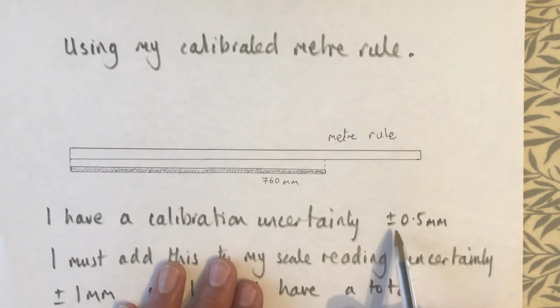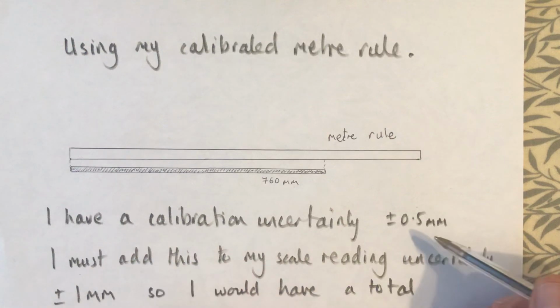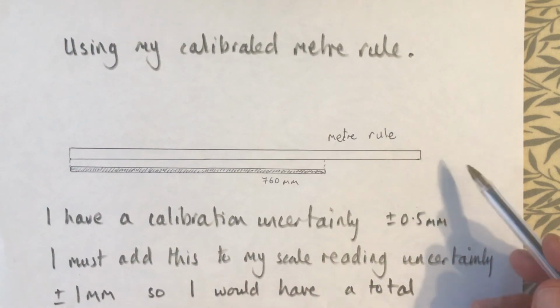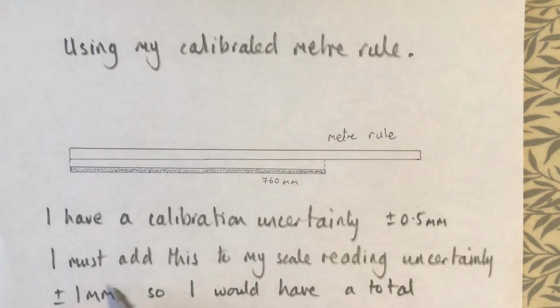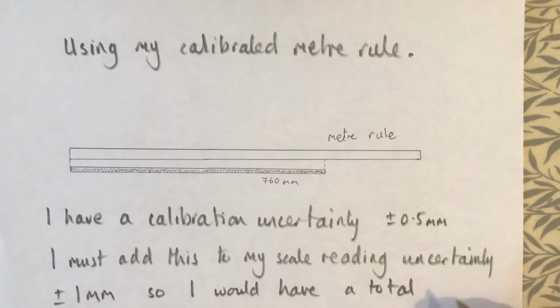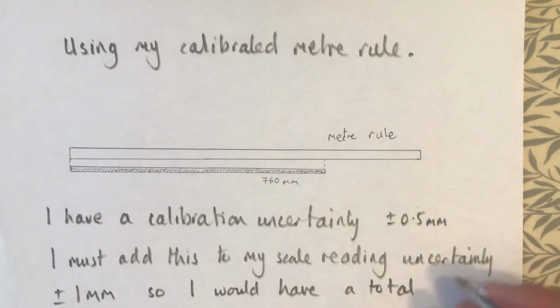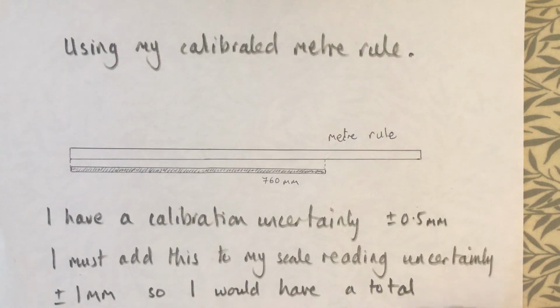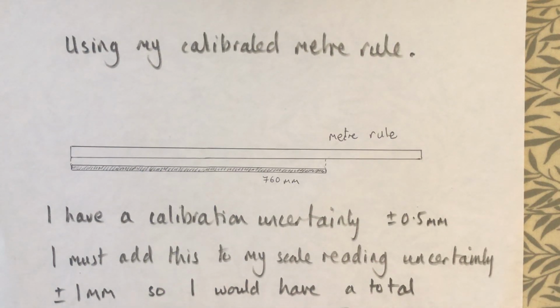I've got a calibration uncertainty of plus or minus half a millimeter. And you might think, well, I should add this to my scale reading uncertainty. And I probably should, but we generally don't just add them in a straightforward way. So you might think, oh, they're just going to add up, and then I'm just going to round it. And then, well, this leads to kind of exaggerating the uncertainty. Okay? But basically,